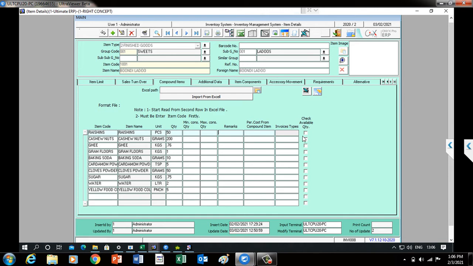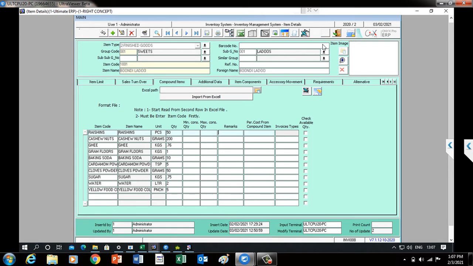If these items are not available, don't start the production, and an alert will go to the production department. If we don't check, the system will allow the entry. So this is again a plus point: if the raw material itself is not available, the process is not allowed to start.